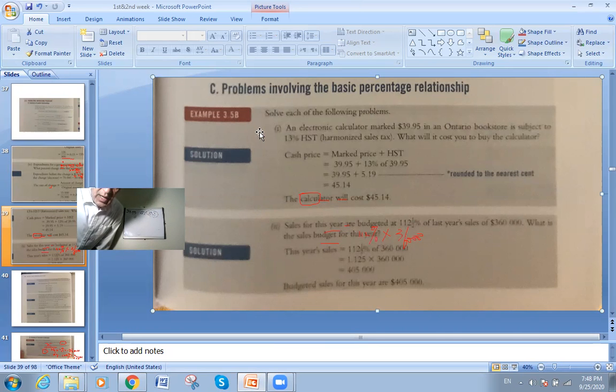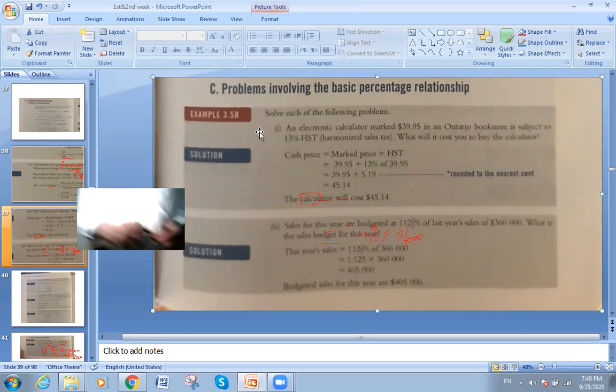What will the cost be? He wants the total cost. So the total cost, all the costs which logically you will pay, is the origin plus the tax. So you will pay total equals